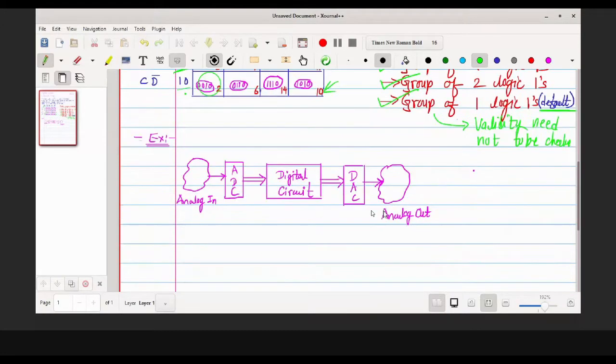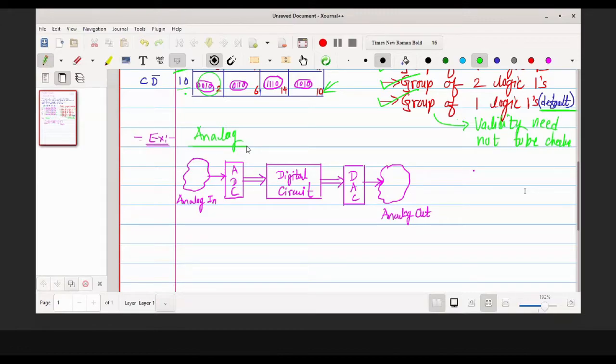So now let us take an example. Generally the digital circuits are designed like this, because we are working in an analog environment, so we do not actually get digital inputs. For example, if you are looking at a temperature controller using digital circuits that you are trying to design, say a temperature controller for an air conditioner, the temperature is not like this: it is 40 degrees and suddenly it becomes 45 degrees. It doesn't happen like that.